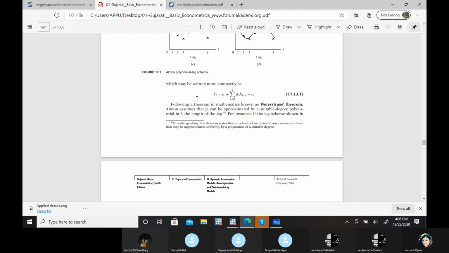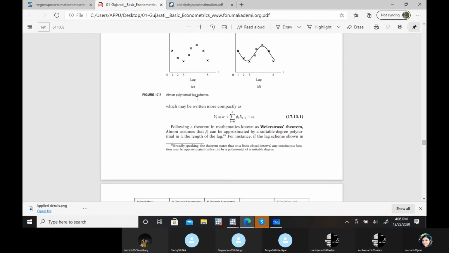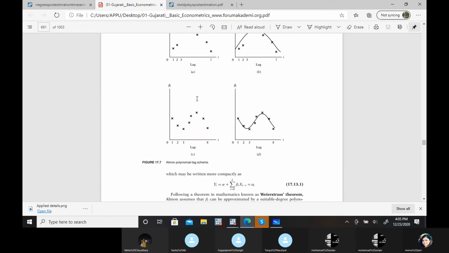So first you have to decide theoretically, because before applying a model you don't have any clue how this lag is impacting. So which notion, let's say you want to take into consideration this particular form, or this particular form, this assumption I have to make before applying this particular methodology.